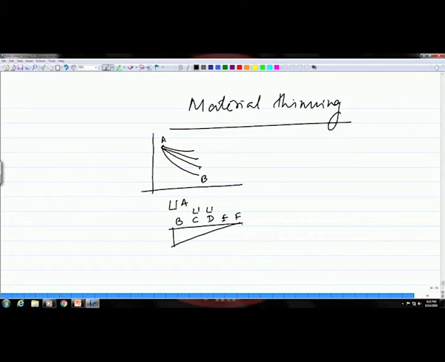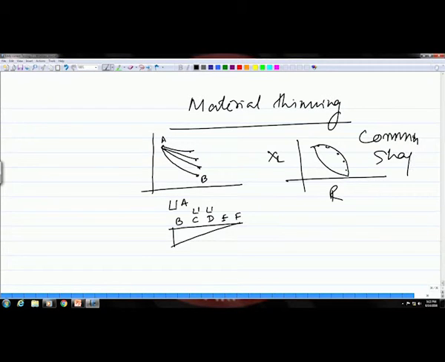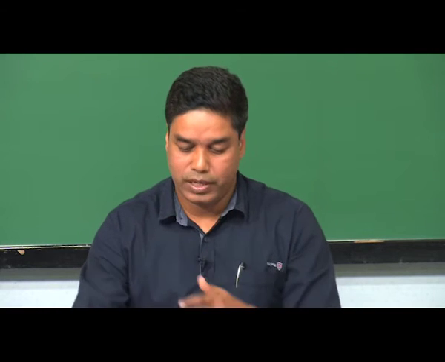So, if you connect all these points, the end points of this lift off curve, you will get a comma shaped curve like this. Okay. So, if you connect the end points of all the lift off curves, this comma shaped curve, if you get this kind of comma shaped curve when you move the probe over the surface, then this indicates that there is material thinning in that particular direction in which you moved the probe, like what we saw